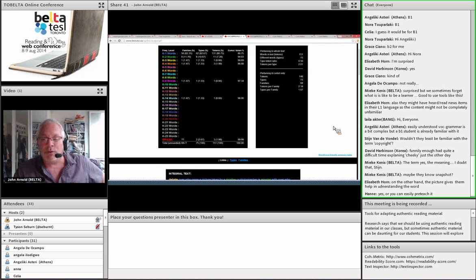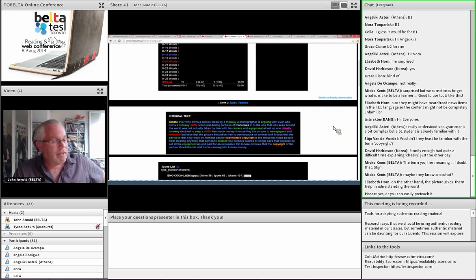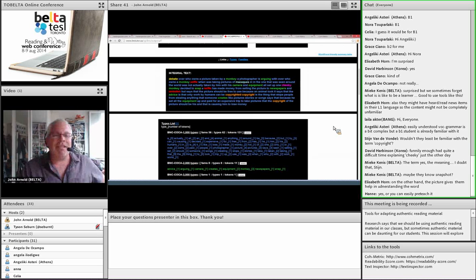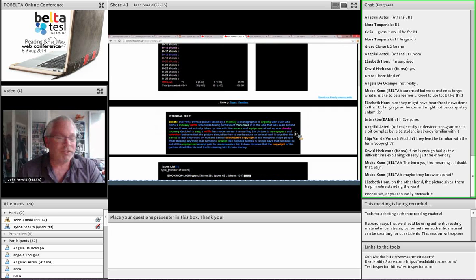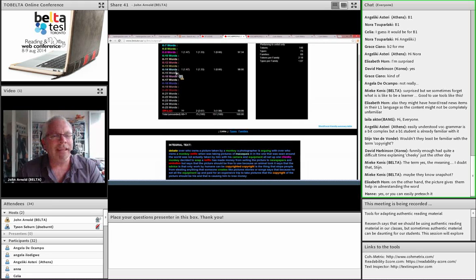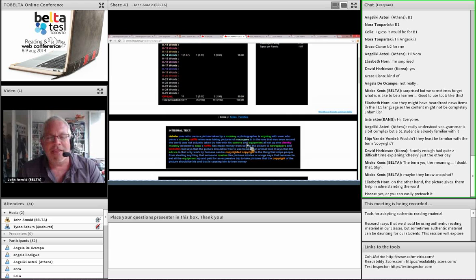If you scroll down just a little bit, you can see that it takes your text and it actually color codes it. Remember we had one word that was at the 9,000 level, which is pink, and that word actually is the word cheeky here. We had one word that was at that light blue, and that was the specific name of the monkeys, which we've already looked at.